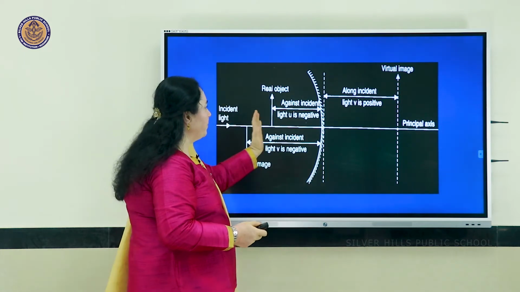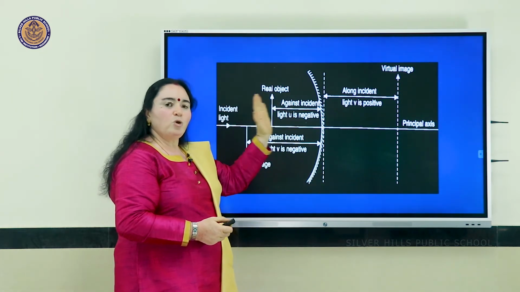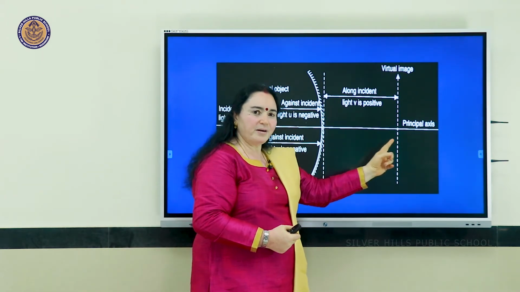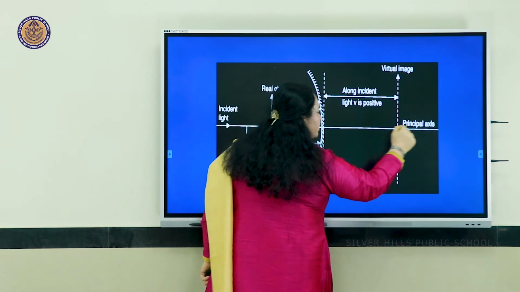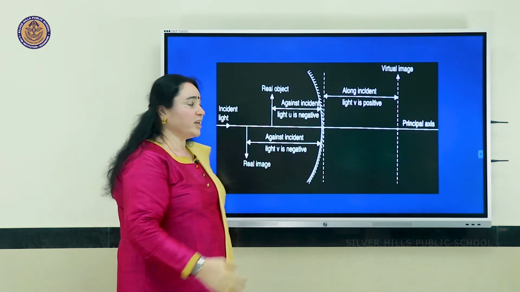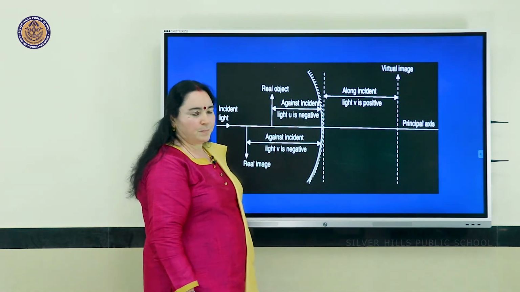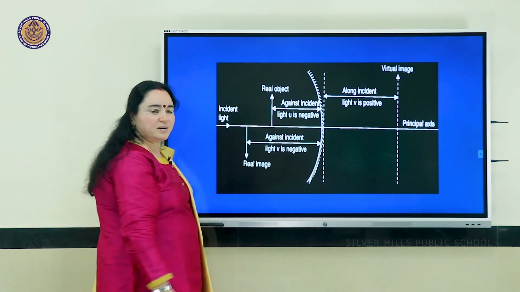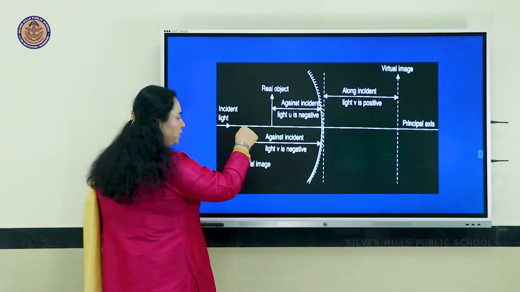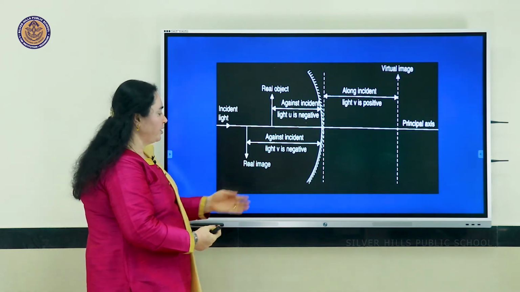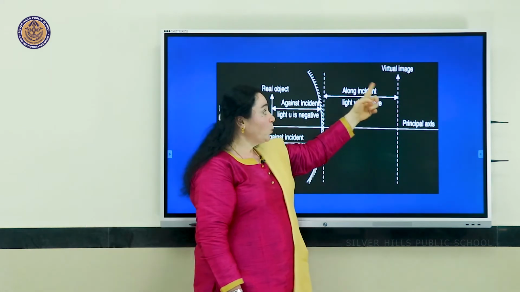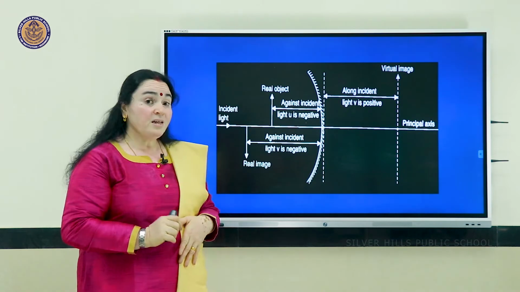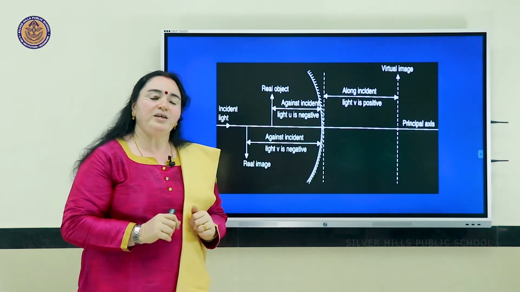Okay. Now, depending upon where the object is placed, you will find your image. If the image is formed behind the mirror, you're going to measure in the positive direction of the x-axis. So that value should be taken as positive. Now, anything that is measured below the principal axis, when it happens to be a real image, you will find that the measurement is taken below the principal axis. It will be a negative value. Virtual images will always give you a positive value. This is all about your Cartesian sign convention.